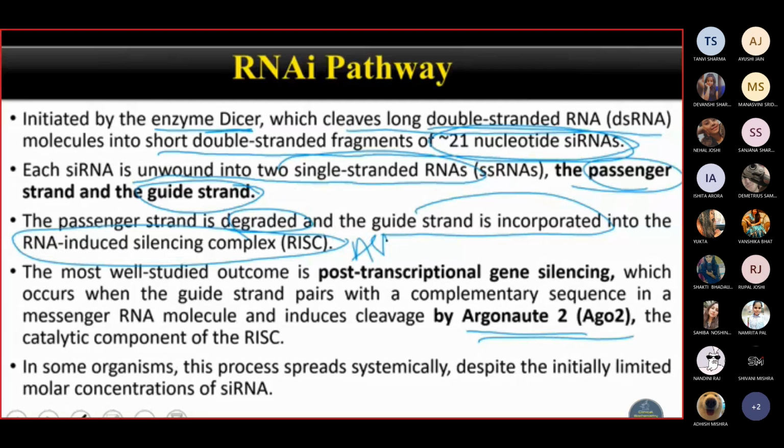Okay, that this RISC complex ultimately digests, so we are having a guide strands. This is having a complementary messenger RNA, complementary siRNA, and this is having a complex that is called as RISC. RISC means it is having a number of components. One of the component is this enzyme, Argonaute 2. So it digests, it degrades RNA into a small fragments which will be degraded. So messenger RNA will not go for protein synthesis. This is normally how this process works.